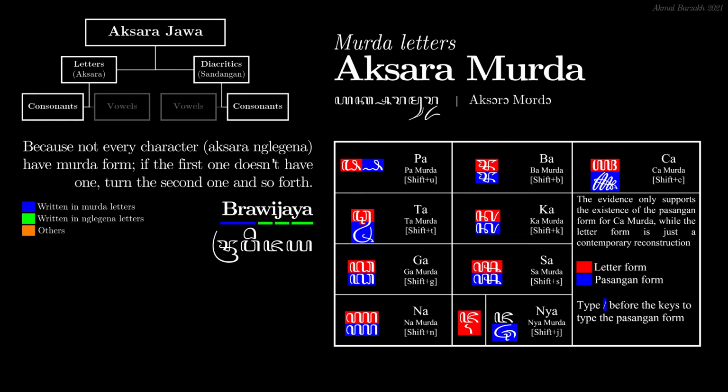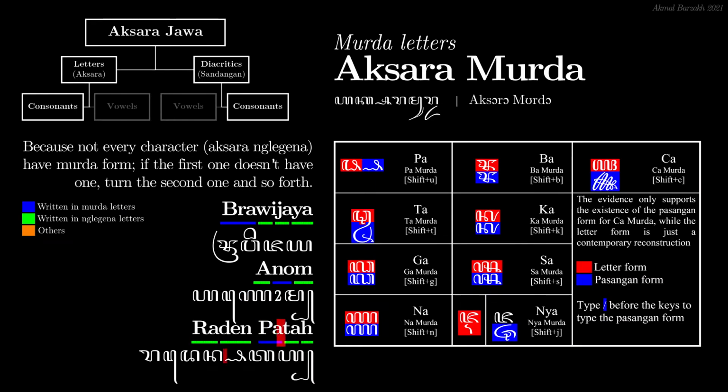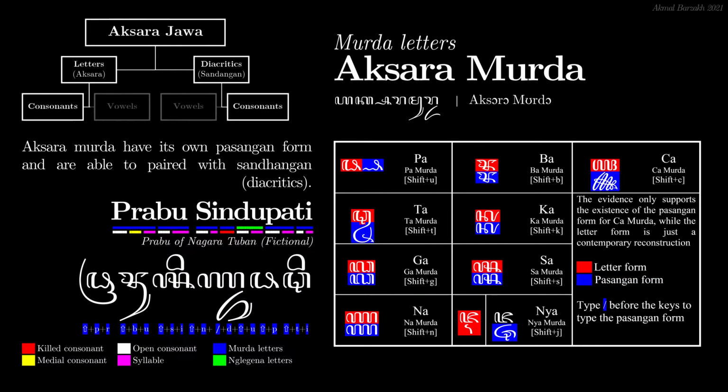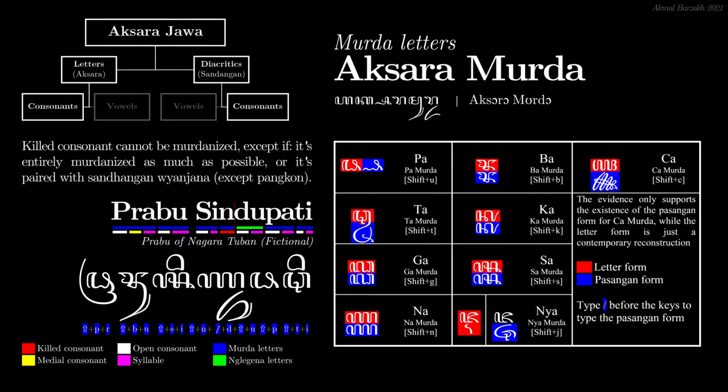Because not all characters have a Murda form, if the first character of a phrase or a name doesn't have one, turn the second one into Murda form and repeat until you're done. Usually a word or a phrase in Murda form only has one character capitalized, but highly respected names are written entirely in Murda form if possible. Aksara Murda have their own pasangan form and are able to be paired with Sandhangan. But guild consonants cannot be written in Murda form except the one paired with Sandhangan Wyanjana, but Aksara Murda cannot